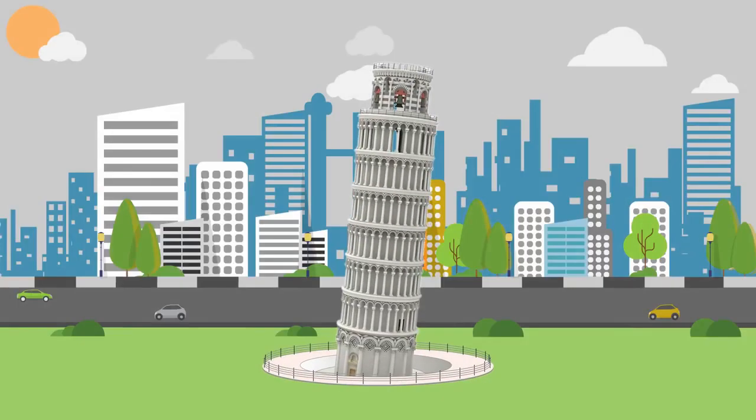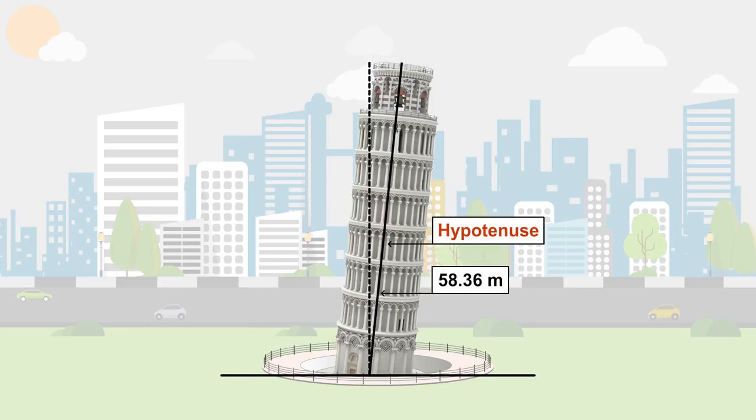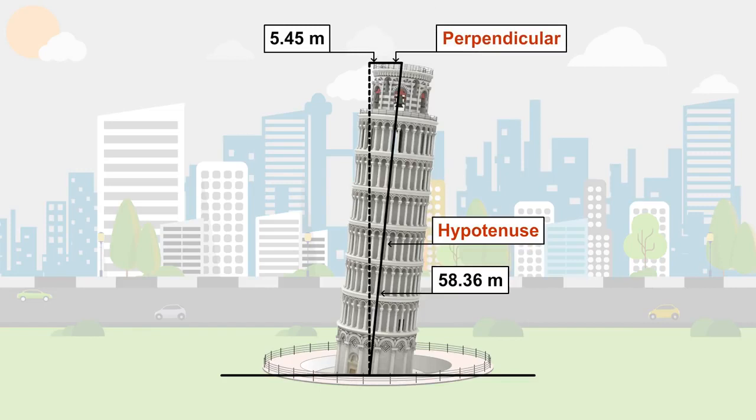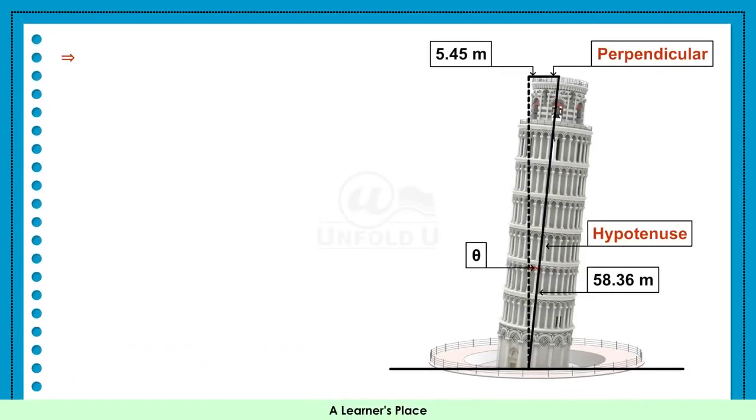From the figure, we can see that the height of the tower acts as a hypotenuse and its distance from the center acts as the perpendicular. So, they had the value of perpendicular and hypotenuse. From the table of trigonometric ratios, it is clear that sin theta is equal to perpendicular upon hypotenuse,